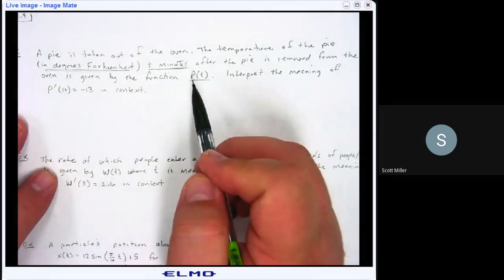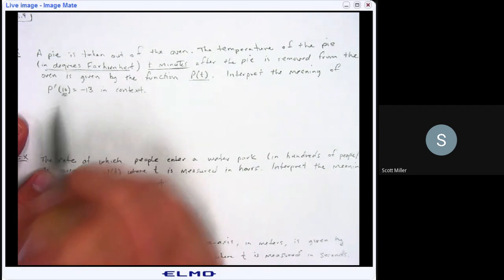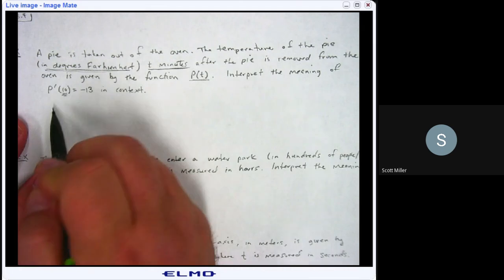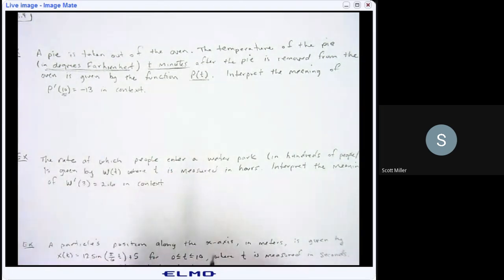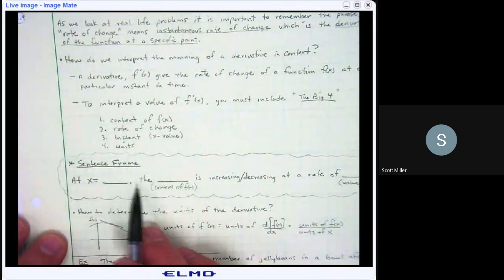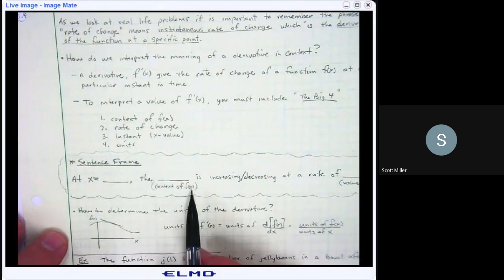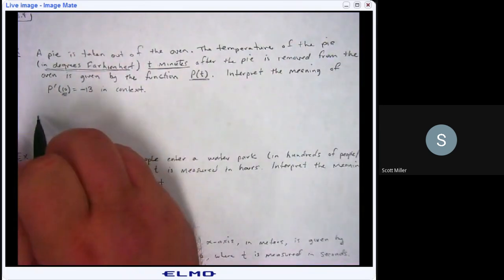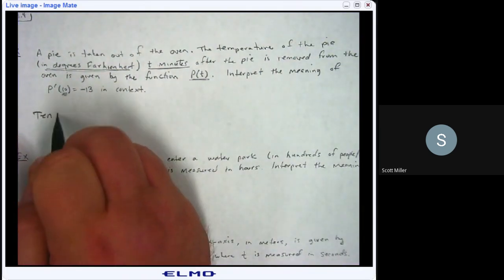So we need to have our time, which is the 10 at that moment when T is 10. Okay, so based off of our sentence frame, at x equals, and then the context of f of x, so in this case that would be our P of T. So the answer here would be 10 minutes,